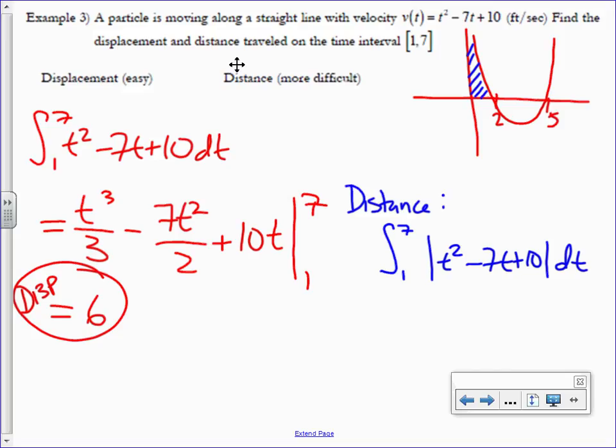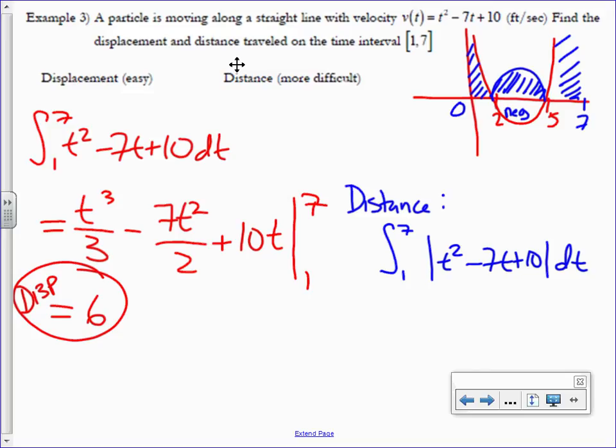But this area here is negative. So what you have to do is take the opposite of that area and flip it around the other way, and then take that area plus the rest, going up to 7. So we go from 1 to 2, then from 2 to 5 we have to flip that area,